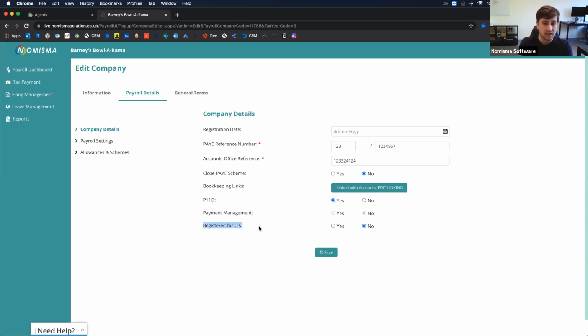And then register for CIS. If you select yes, then it will prompt you to select which CIS profile in Nomisma this client relates to, so that it will create the link. And by creating that link, any CIS submissions made for subcontractors will then be populated within Nomisma's payroll and it will be added to all of the reports so that the amount payable shown to your client will be correct, including PAYE and CIS. So if I save that now,